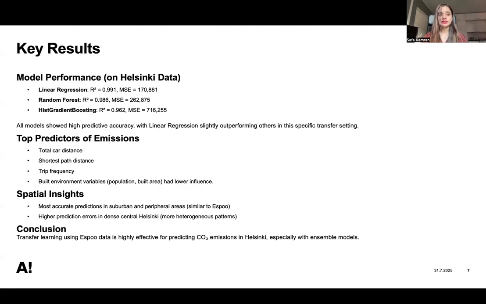Now, for the key results, model performance on Helsinki data. For linear regression, the R-squared value was around 0.991. For random forest, it was around 0.98. And for gradient boosting, it was around 0.96. All models showed high predictive accuracy, with the linear model slightly outperforming others in this specific transfer setting,